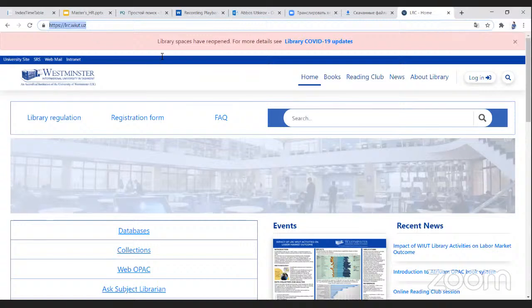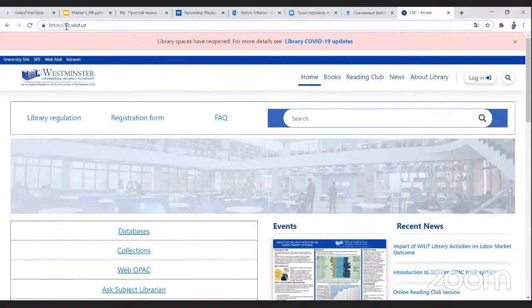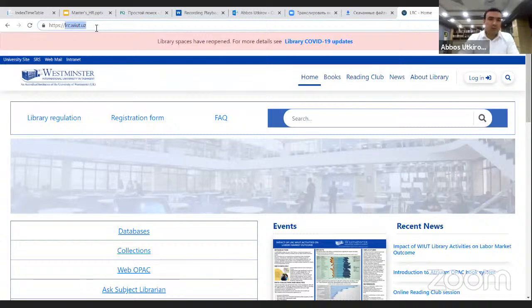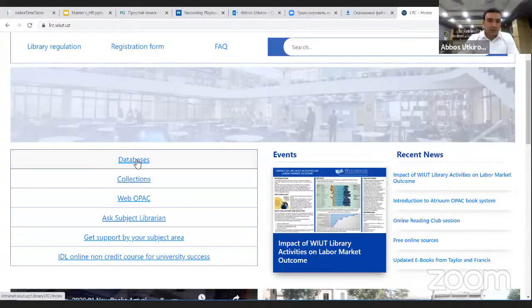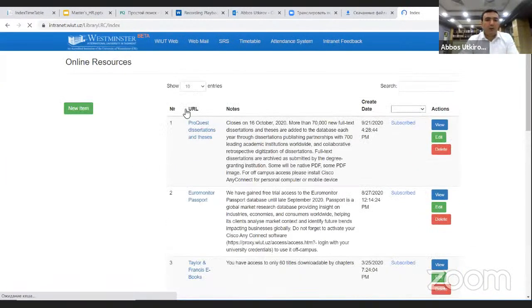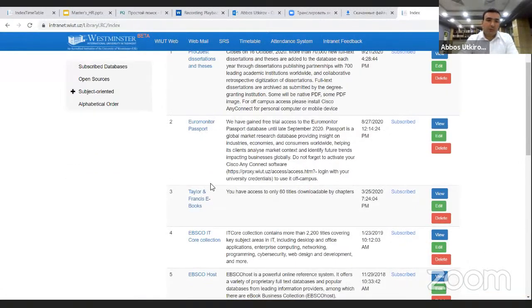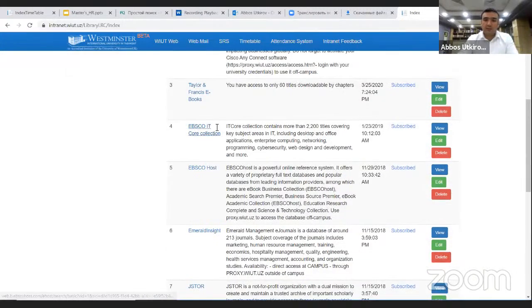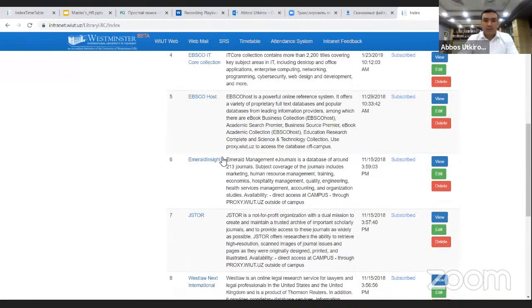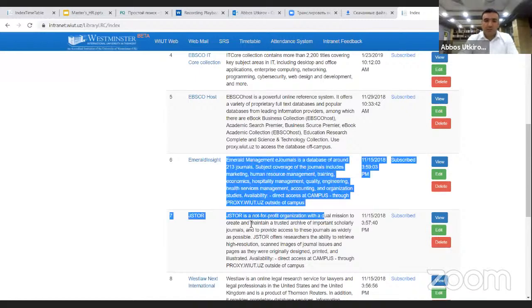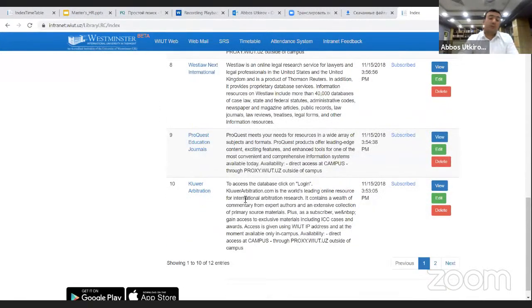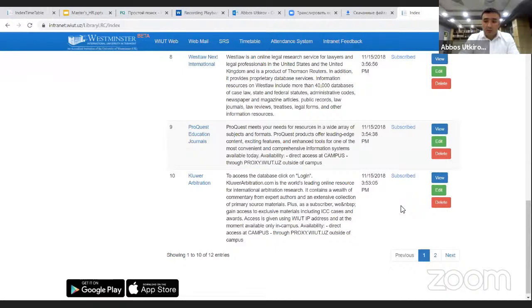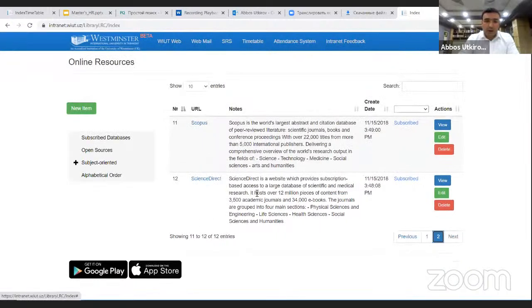Yes. So the first thing you need is to go to lrc.wiut.uz. On the first line, you can see the databases. If I enter the databases, you can find a list of databases here. First is ProQuest Dissertations, Euromonitor, and Taylor and Francis books, also EBSCO IT for IT students, and Emerald Insight. You can also see the description here for every database, Westlaw and ProQuest and Kluwer Arbitration. All of them are subscribed, and if you go further, you can see the other ones,